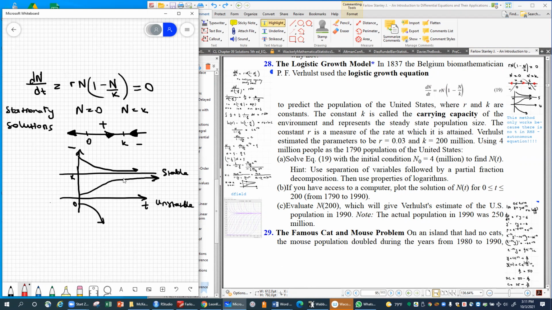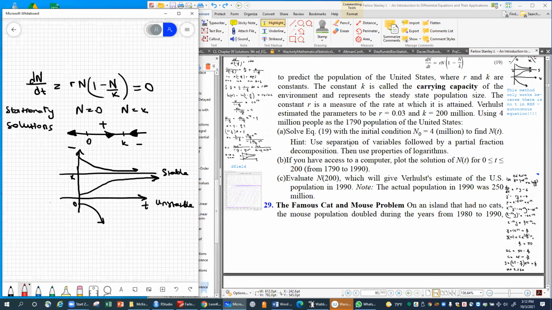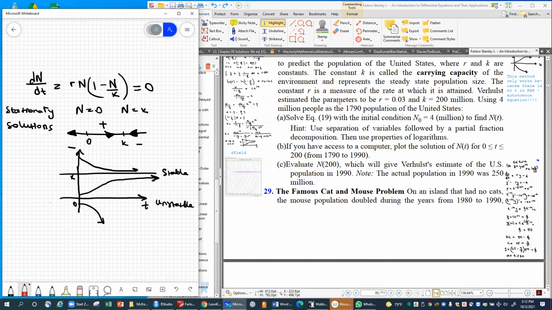These qualitative methods are good because here we can do an analytical solution, but so many times you cannot do an analytical solution, but you can still do the qualitative one, and that really helps. Okay. So anyway,